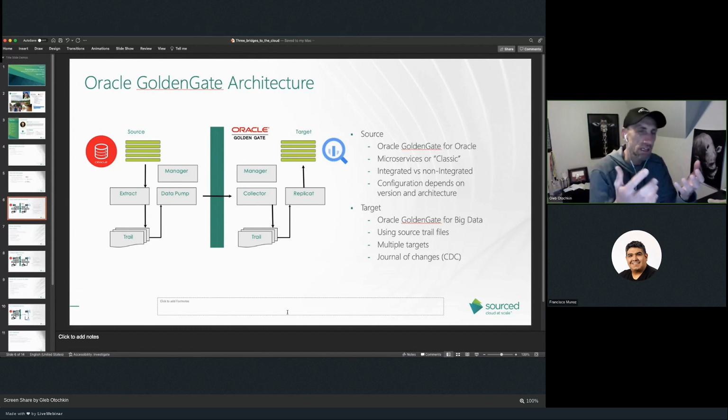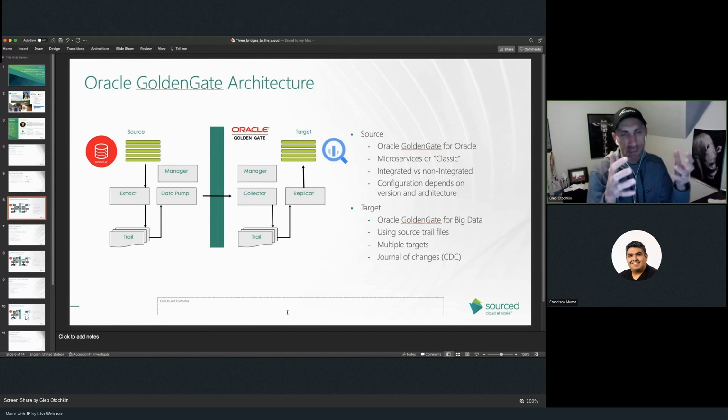Let's say our GoldenGate works on the source Oracle database and our destination GoldenGate for big data is in Google Cloud on some virtual machine or virtual machines, depending on what kind of configuration we create, because we can install it on some kind of cluster on the destination side.